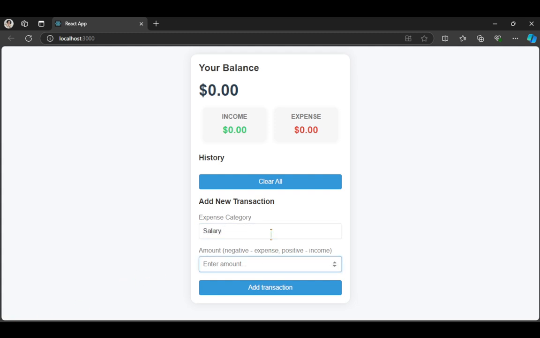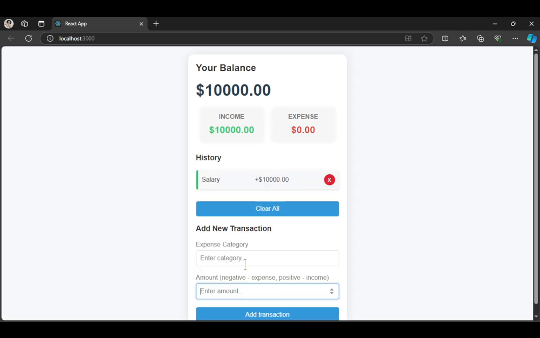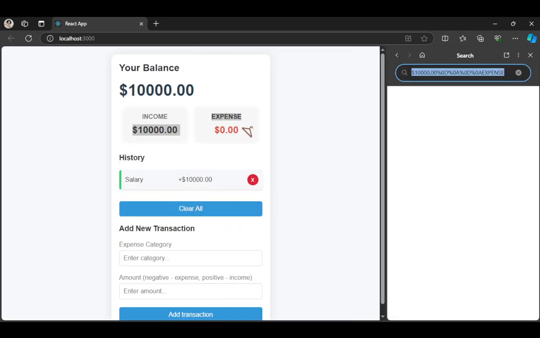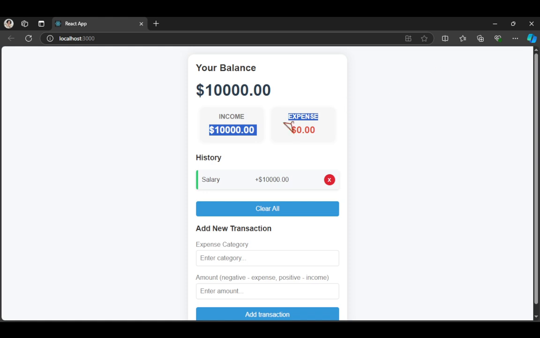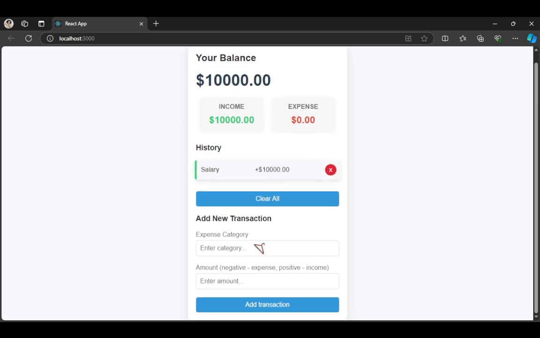Just put a positive amount, don't put the negative. So the positive will be your income. It will display your income, and then you can add to your balance.